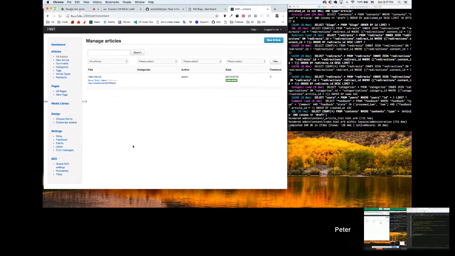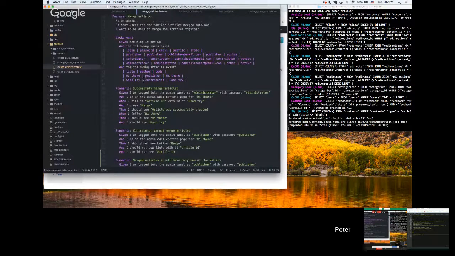No. So when you merge in one article to the other, like, so you merge in good try into hi there, and we merge the bodies and everything. So then how do you delete these objects from the database? Because then it will be a duplicate, kind of, the content at least. Yeah, that's it. It should definitely not have the duplicate content available for people to browse or whatever. Yeah. About that,